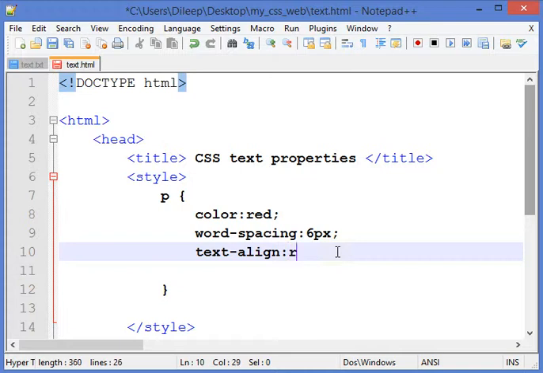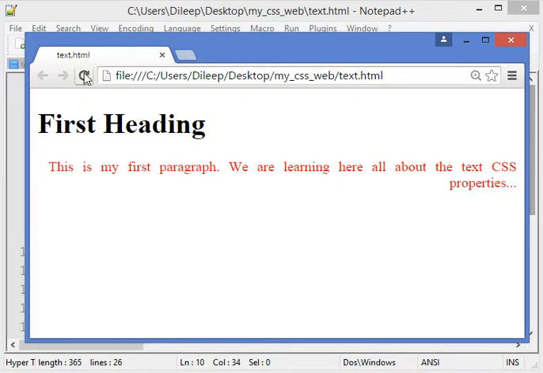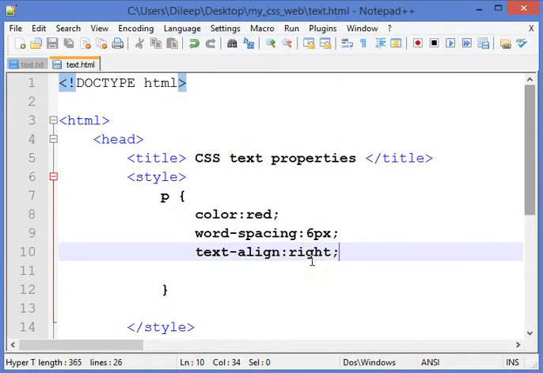I want it to be right align. So I'll save it and then I'll go to the browser, and by default it is left aligned and now it becomes right aligned. Okay, similarly for alignment we can use either center or maybe justified, right? These are the same properties that we generally use in Word, for example in Microsoft Word, right? So suppose I want to set it to center.